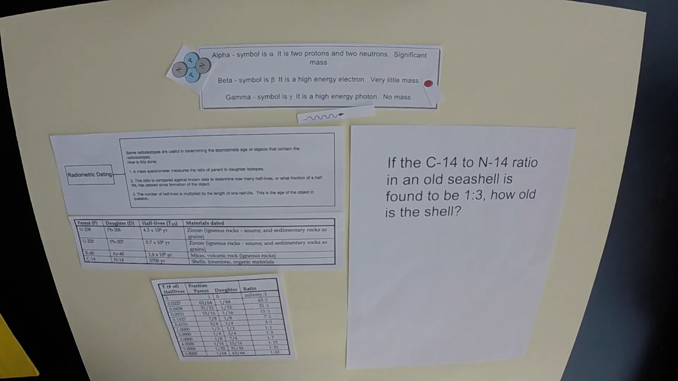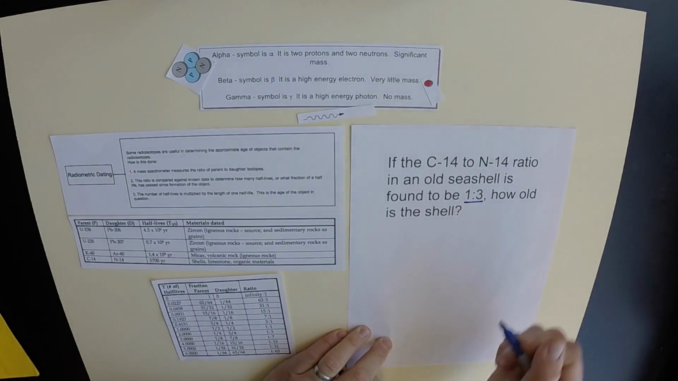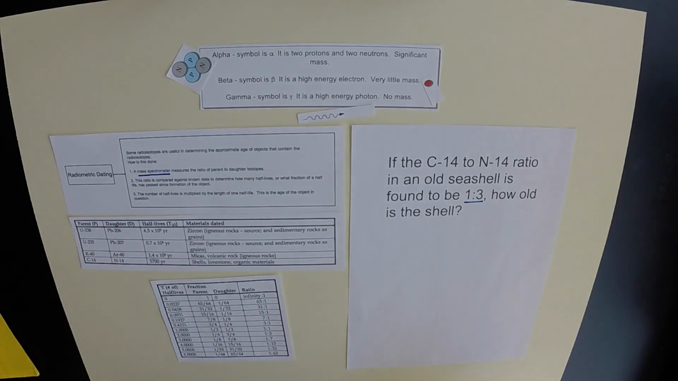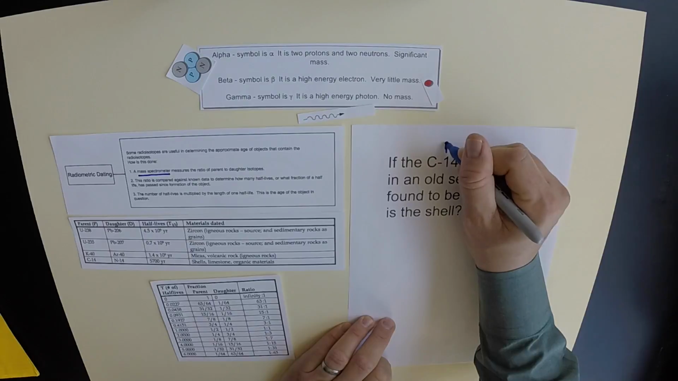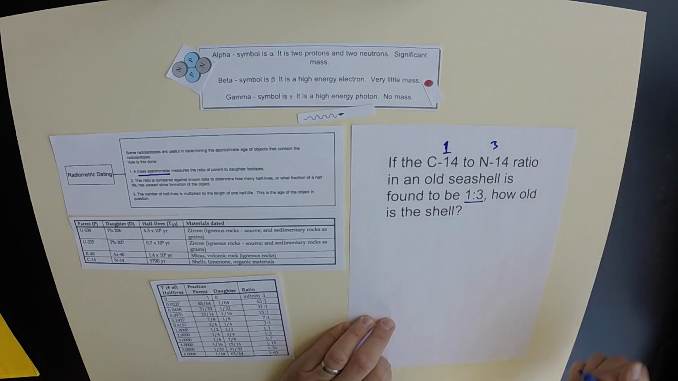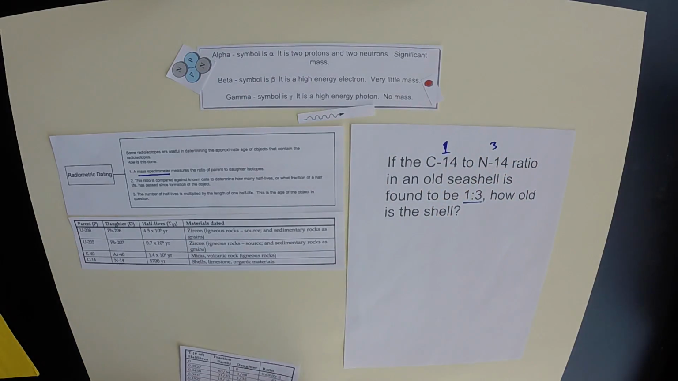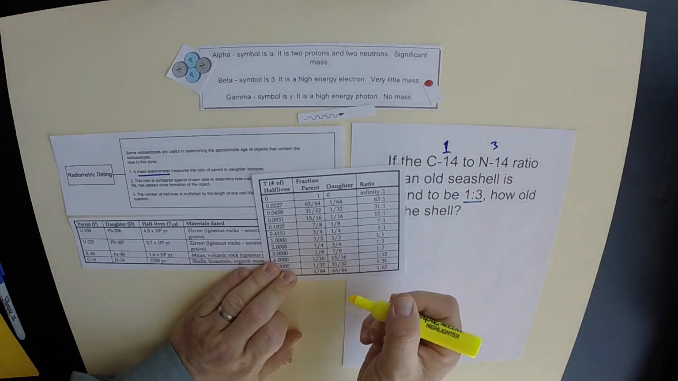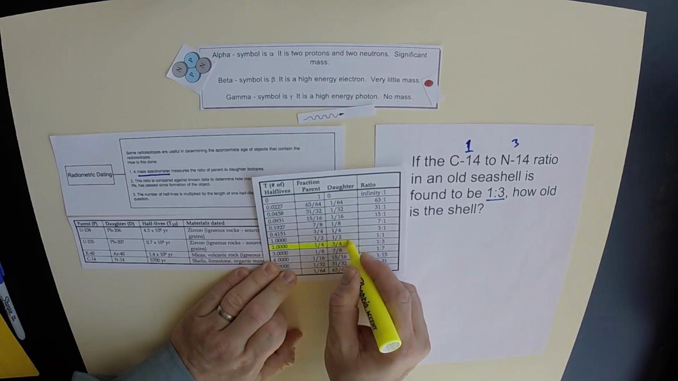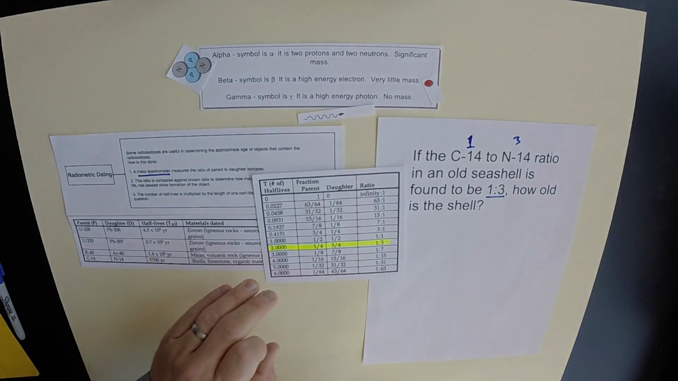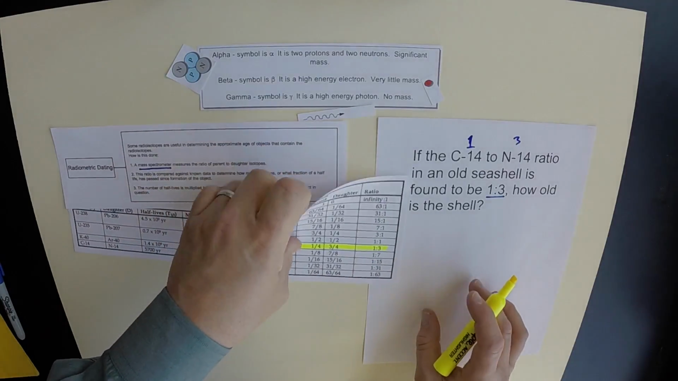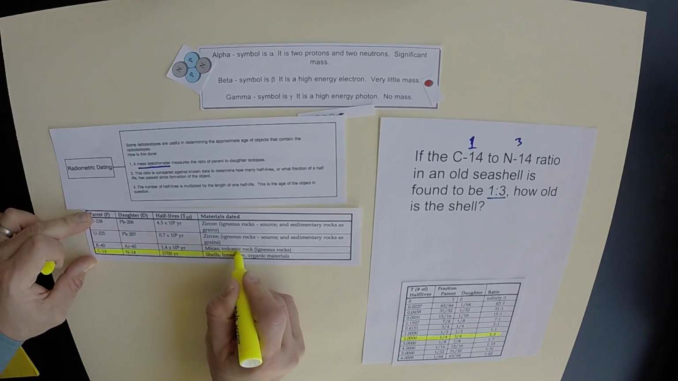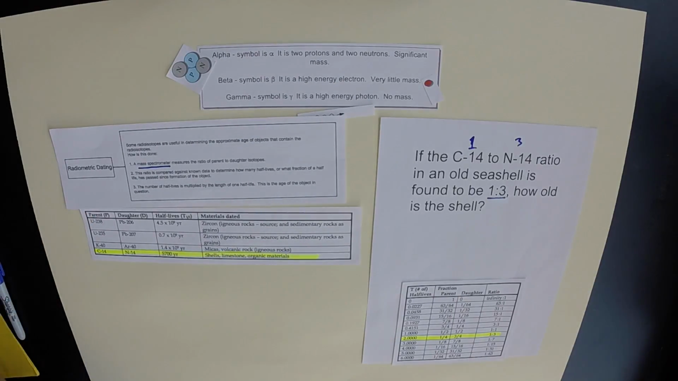Well, first off, this ratio was determined using a mass spectrometer. So we have a 1 to 3 ratio, 1 part C-14 to 3 parts N-14. Now, if we look at our table then, how many half-lives have elapsed? 1 to 3 ratio. That tells us that 2 half-lives have elapsed. And then, of course, we're looking at C-14, N-14, right there. So our half-life is